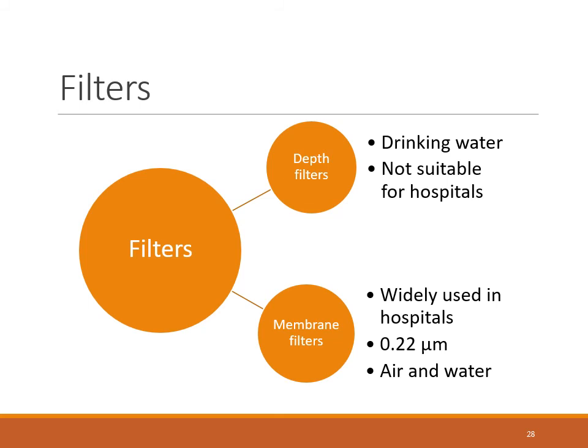While the membrane filters are most widely used in hospitals, they retain all particles on the surface that are larger than the pore size. Mostly the bacterial filters have 0.22 micrometer pore size and are frequently used. That will remove most of the bacteria while allowing the virus to pass through. And viral filters have an even smaller pore size. Membrane filters have two wider applications in the hospital setting. One is filtration of the air and another is filtration of the water.